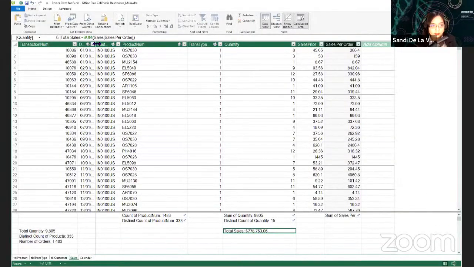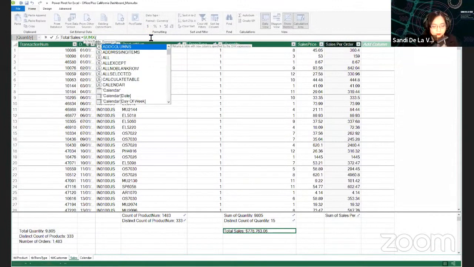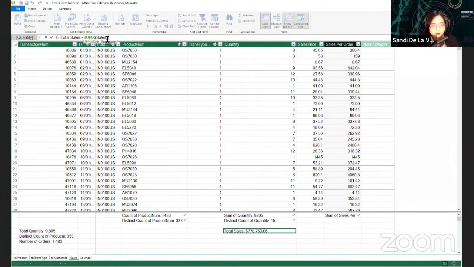Instead of the total sales per order, let's edit it to SUMX. Since it says table here, type sales. And then you can type here the calculation involved.